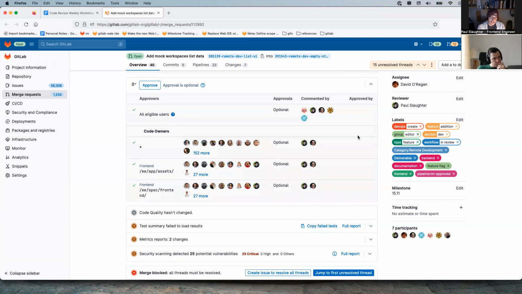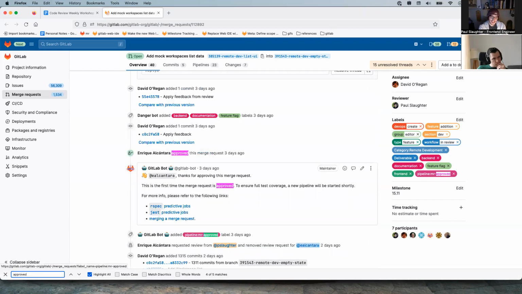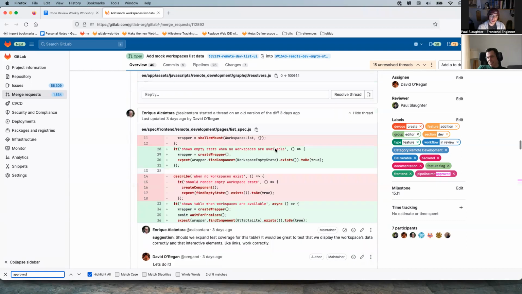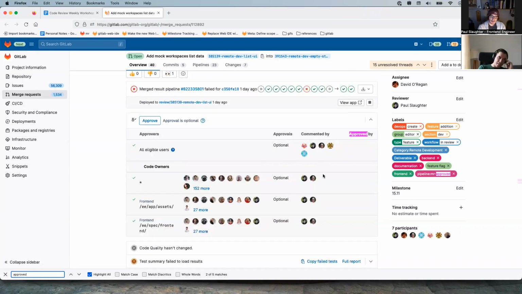But I will do this to see who's actually approved. I will Control F and look for approved in the logs. And so I see Enrique approved. But if I'm looking for a specific one, I'll see commented by some Ruby code owner. I'll see who commented it and look up their name. Did they actually approve?